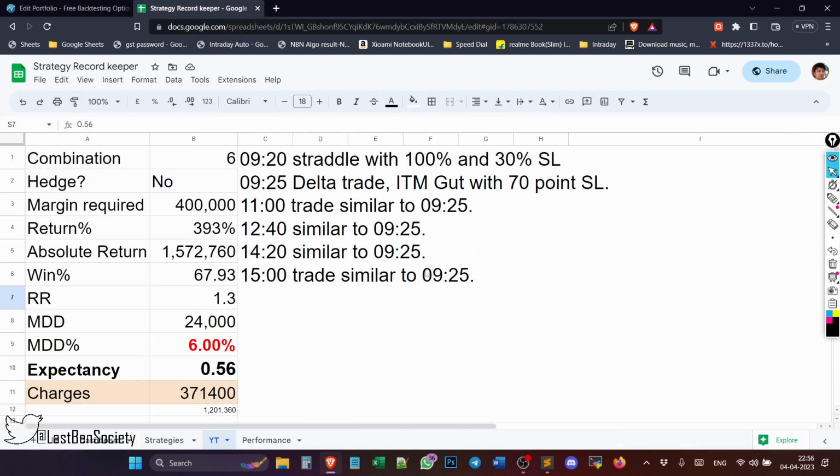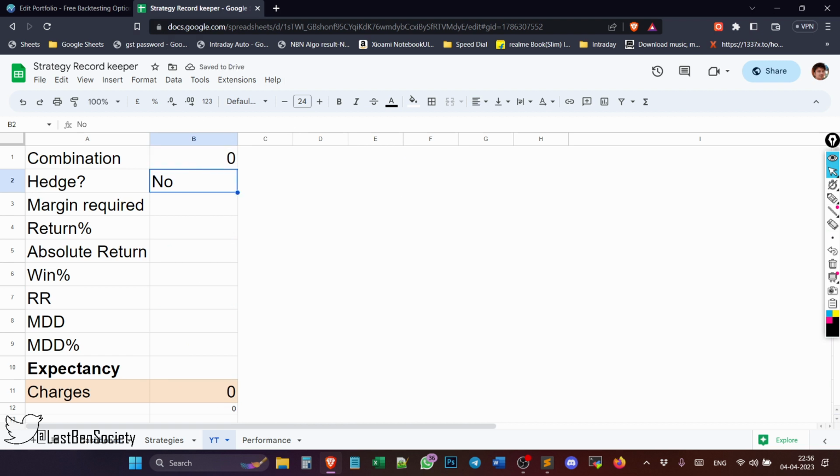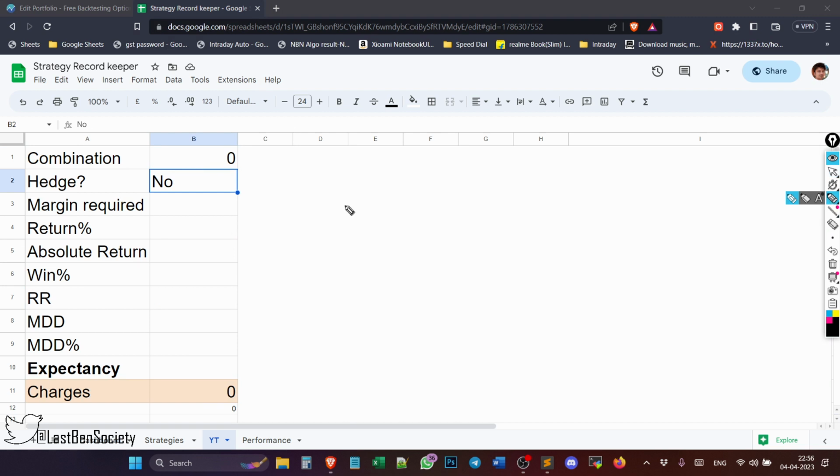Now let me finally show you how it's going to work in all the different types of market. If the market opens here, and let's take this scenario, if it keeps going up, what will happen to your 920 trade? The 100% stop loss will be taken out. But the 925 trade, 11 o'clock trade, 14:15 and 15 o'clock trade, all of these will be making profit